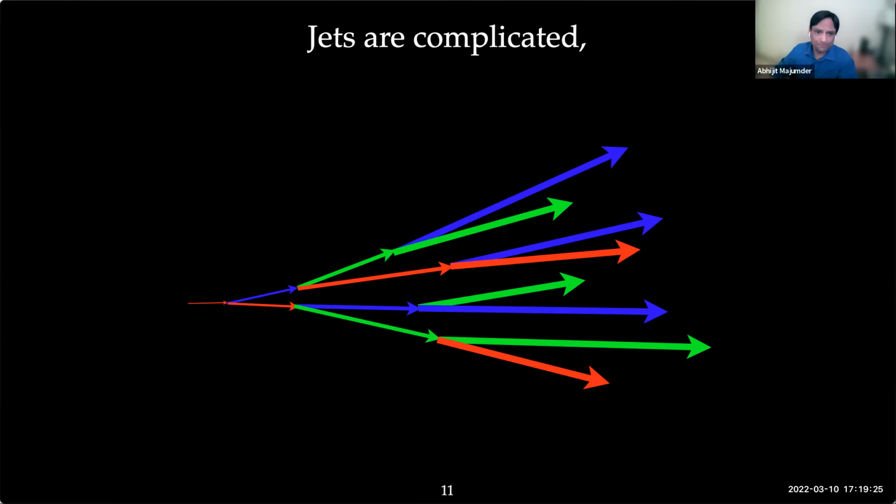So jets start out in a hard collision. They tend to be very virtual objects, and when they start out, they are very small in transverse size. The original parton probably lives for a very short time, but then it decays into partons that live a little bit longer. They are a little bit closer to on shell, and so their transverse sizes are increasing. And as time goes on, they live longer and longer as they get larger and larger. Okay. Now, this is of course a very well understood process in the vacuum,